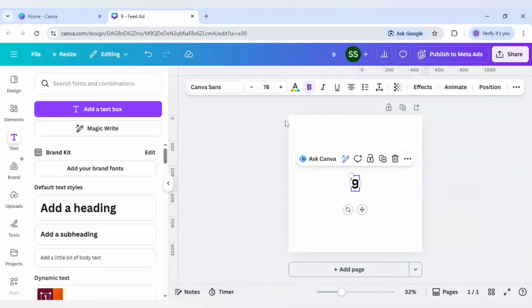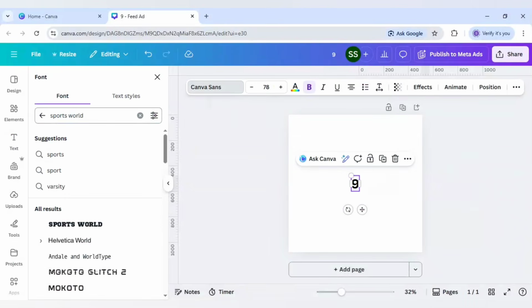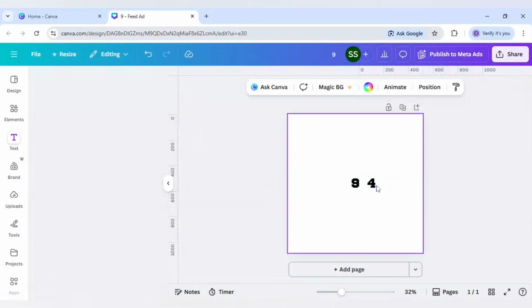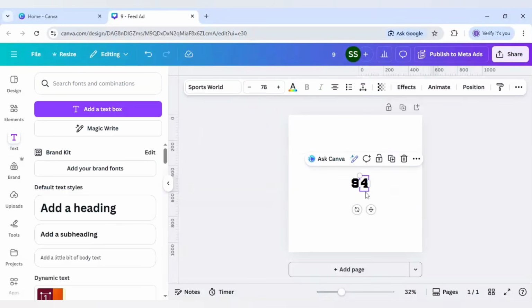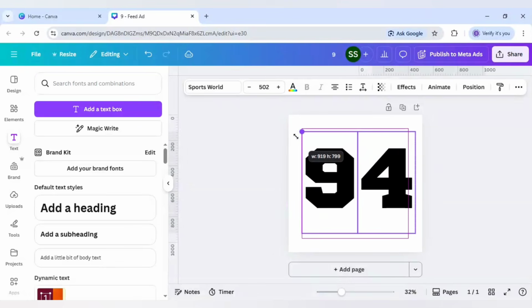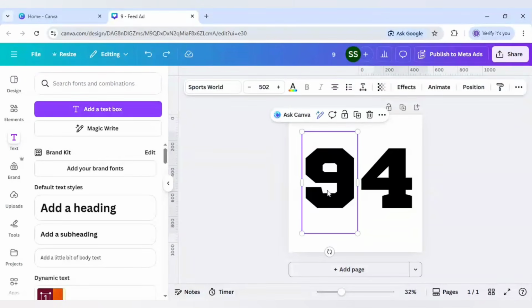And after that I will just change the font to Sports World, and after that duplicate it, and here I will write 4. Okay, and I will just bring them closer, Control plus A to select both of them and just make it bigger. And after that select this 9 and move a bit,